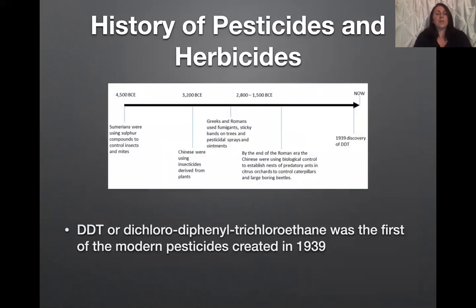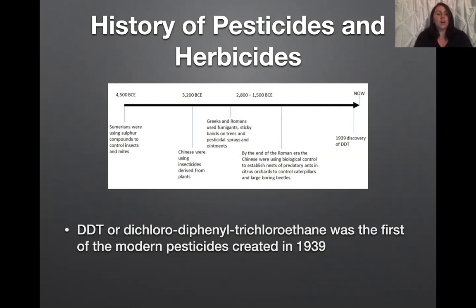Next up, we're going to talk about the history of pesticides and herbicides. And so you can see in this photo that in 4,500 BCE, the Sumerians were using sulfur compounds to control insects and mites. And as you read on, lots of different populations were trying to figure out how to keep their crops healthy. And then in 1939, there was a discovery of DDT, or